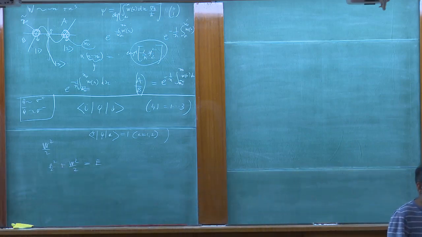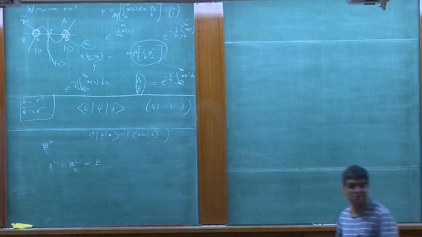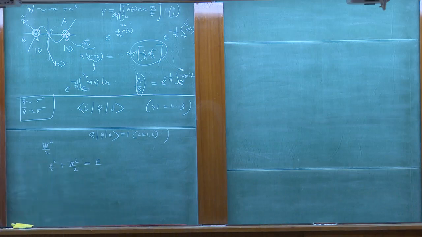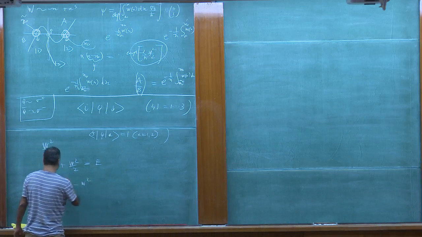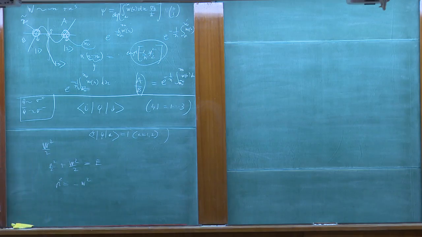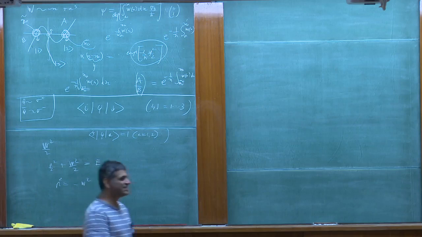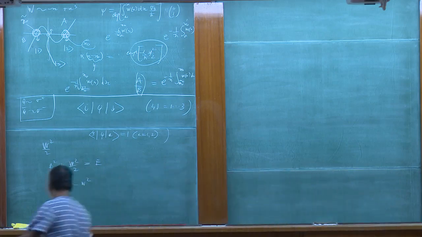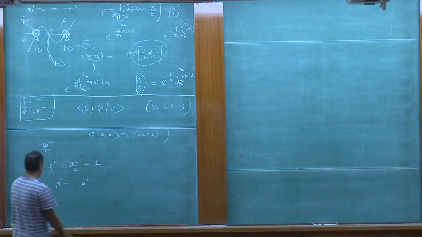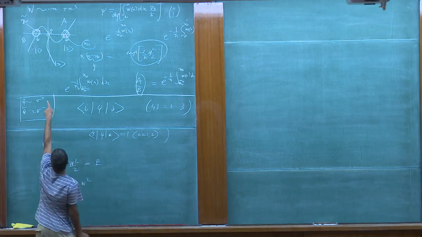Okay? But we're looking for zero energy states. So energy is zero, so we have p is equal to minus W squared. p squared is equal to minus W squared. The minus tells us that instead of i's, we will have plus or minus. We're looking for the amplitude, which will be some decay. As you know, in WKB, the mixing will be a decay. So what we want is that this mixing amplitude from there to there,